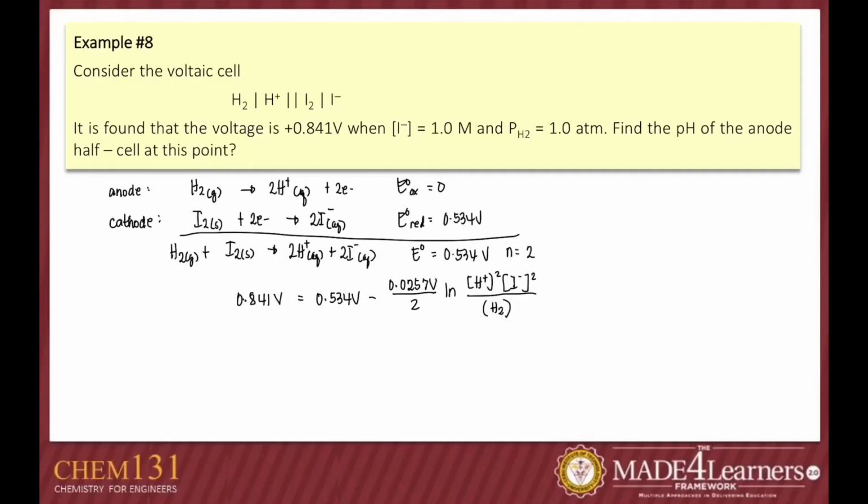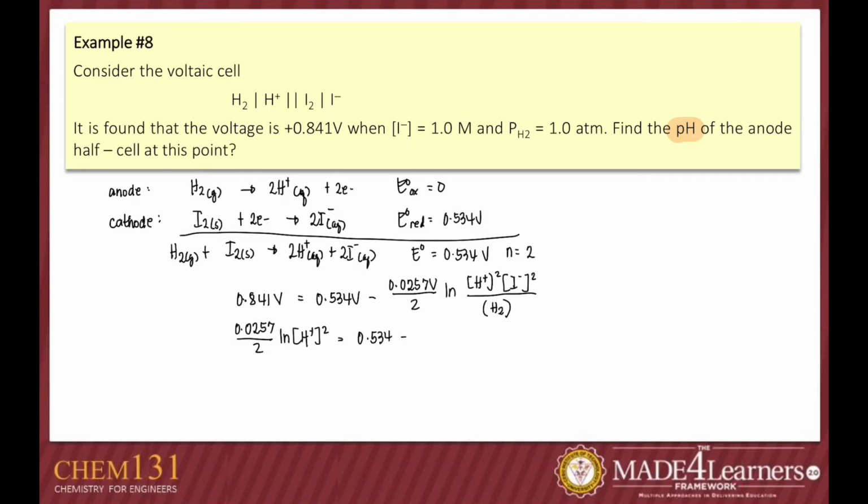Now, ang atong gipangita diri nga problem is the pH. So, remember that pH is related to the hydrogen ion concentration. So meaning mangita sa ta sa hydrogen ion concentration, no? And by the way, so the iodide ion concentration is just equal to 1 and the pressure of the hydrogen gas is just equal to 1. So ang mahabilin basically diri kay ang H plus squared. So baliktaro na to, 0.0257 divided by 2 ln of the hydrogen ion concentration raised to the power of 2 is equal to